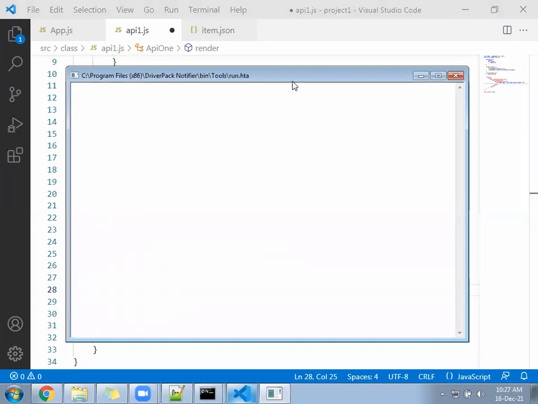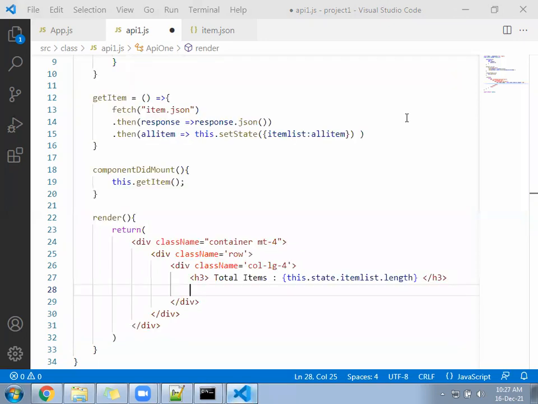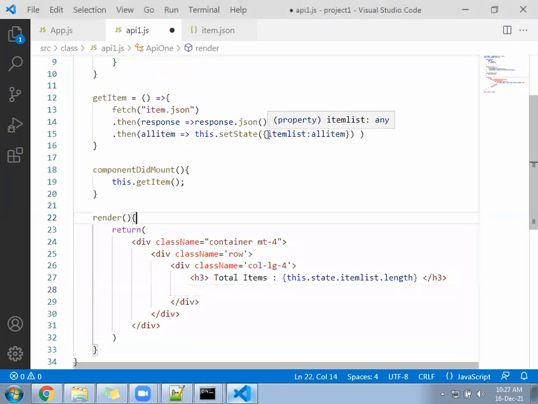Hope you are printing. After writing, anyone can send me the code, rendering the item list array.